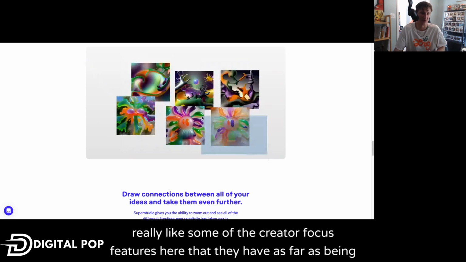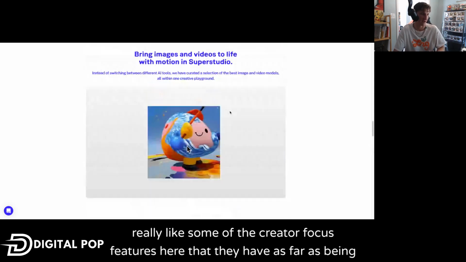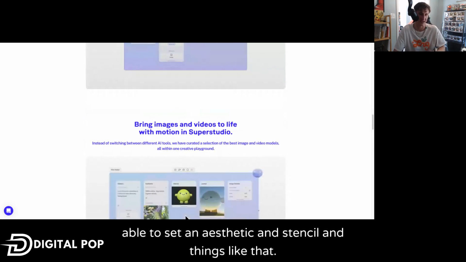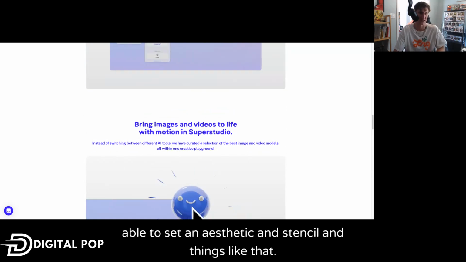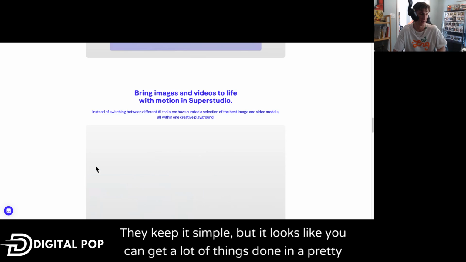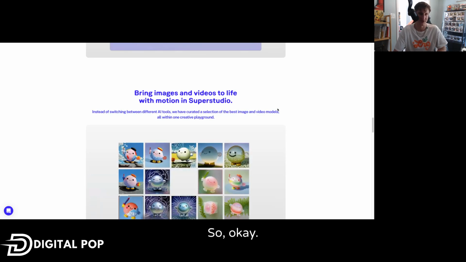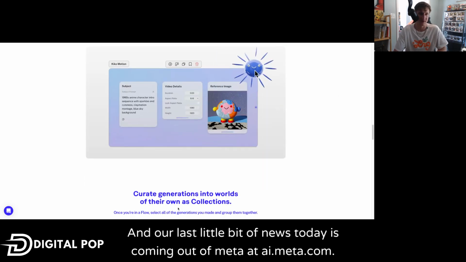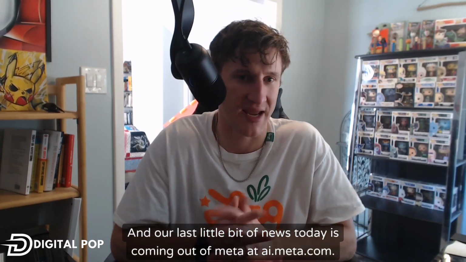I really like some of the creator focus features here that they have as far as being able to set an aesthetic and a stencil and things like that. They keep it simple, but it looks like you can get a lot of things done in a pretty short time in this tool. So, okay, and our last little bit of news today is coming out of Meta at